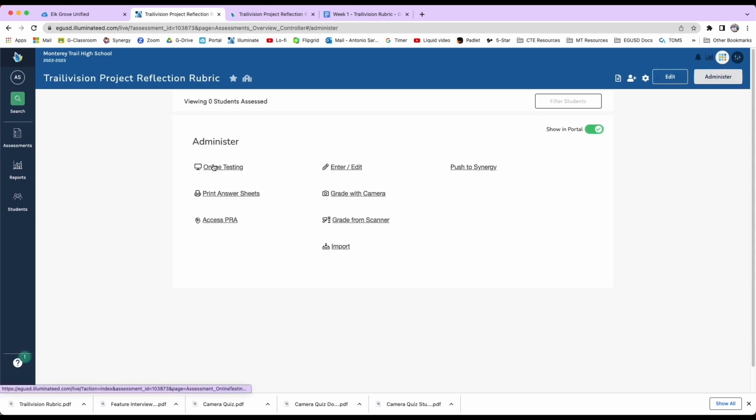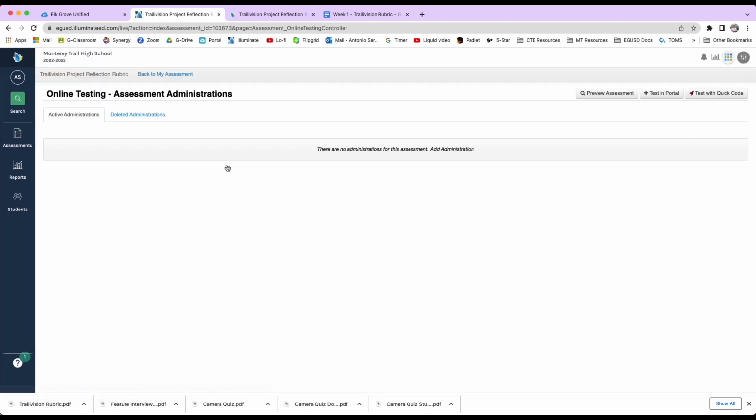I'm going to have the students do this online. You can also print answer sheets if you wanted to. So that's really easy. You can print an answer sheet, and then after the students fill them out, you get them back and you can actually scan them with your webcam. It's a really easy process. But for this, I'm going to just do online testing. I want the kids to access this whenever they get a chance to, so I would make this a little bit open-ended. I'm going to test with quick code,